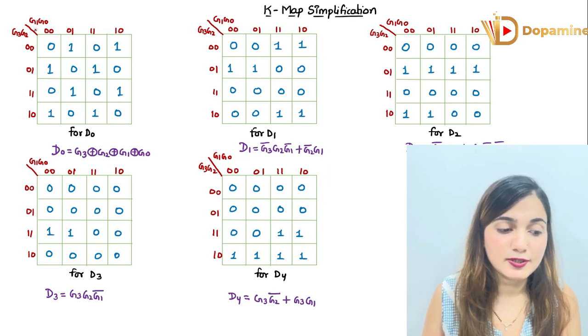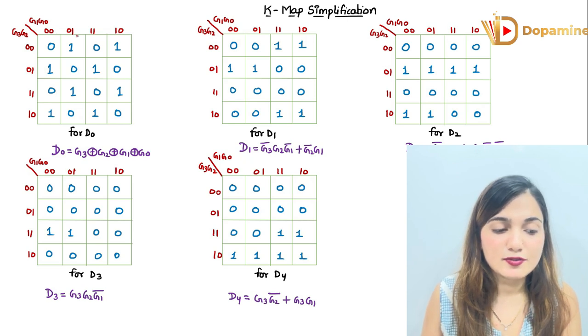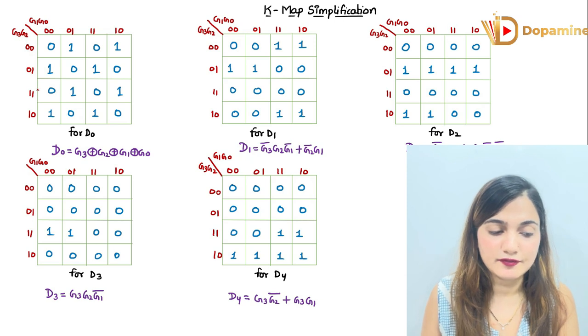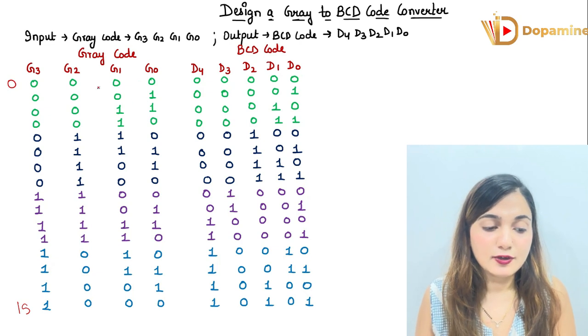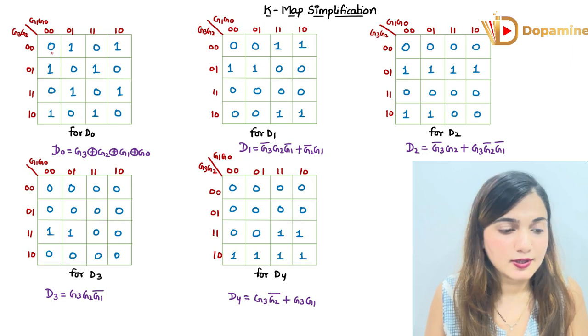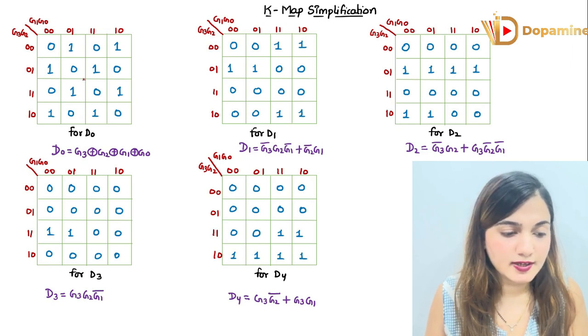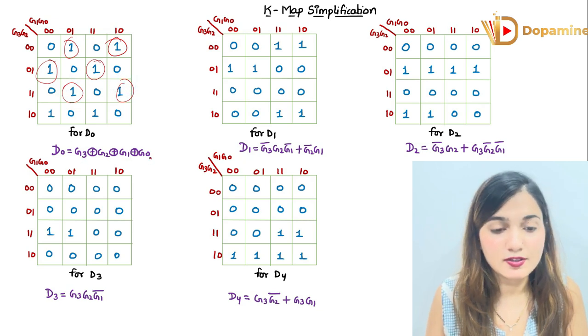So we have the 4-bit gray code, which is represented as G3, G2, G1, G0, ranging from 0000 up to 1011, and even G2, G3 will be 0001, 1011. This is how we get the representation of all of the gray codes, and for that we are going to represent the corresponding bits in this truth table and fill up all the values. Here you can see none of the ones can be paired up. So basically this is the representation of D0 equal to G3 XOR G2 XOR G1 XOR G0.